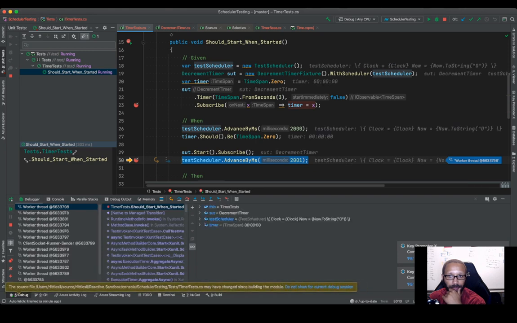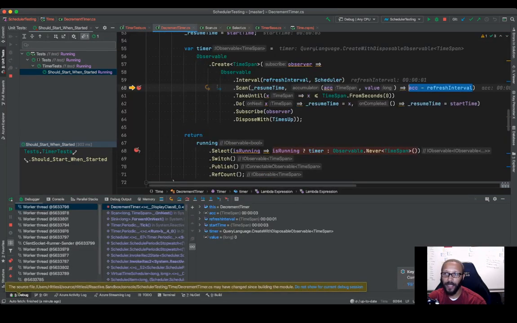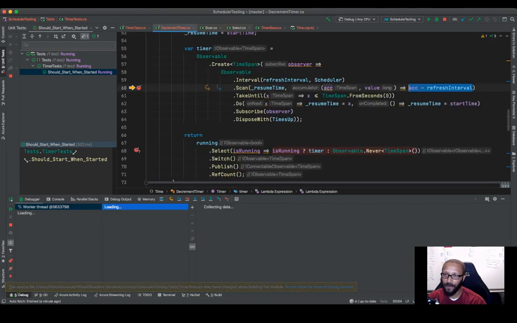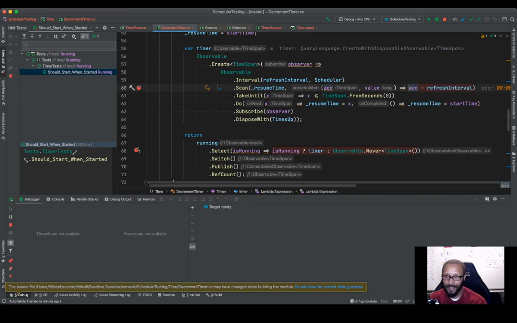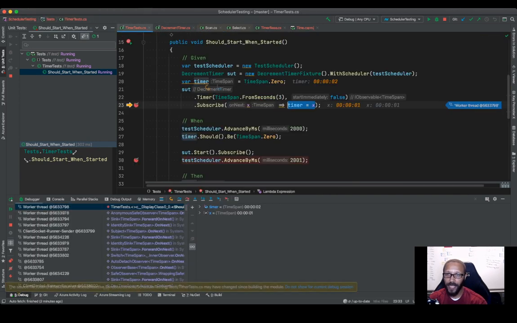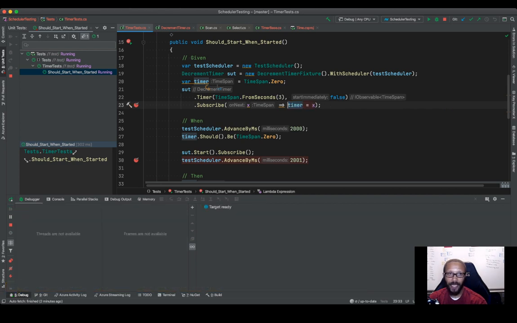Off we go. We're going to advance by 2001 milliseconds. So now we'll notice that the refresh interval gets hit, the timer gets set the first time, the refresh interval gets set again because we are literally ticking 1,000, or I think we're ticking in 1,000 millisecond increments. Don't quote me on that. I don't know the implementation details of the test scheduler, but that would be my guess. The accumulation happens, timer gets set, and now,